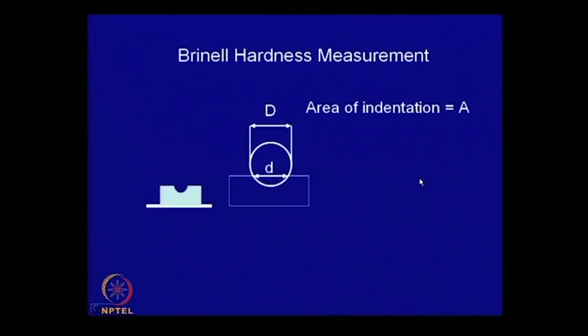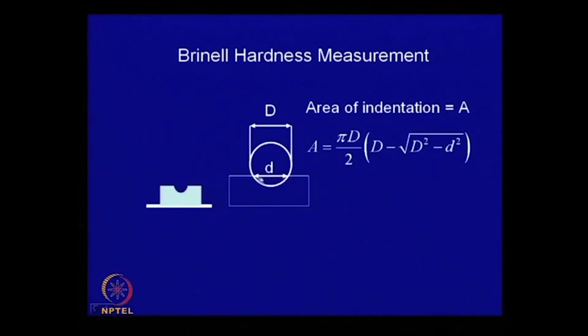And how do you do it? It can be done very easily. I will leave this as an exercise. Assume that this is the indenter, it is a spherical indenter with a diameter d, and this is the diameter of the indentation mark on the sample. And to measure this, one uses a graduated eyepiece, which has some magnifying power, and it has a graduated scale, and on the scale you can directly read this diameter, maybe in millimeter or micron,